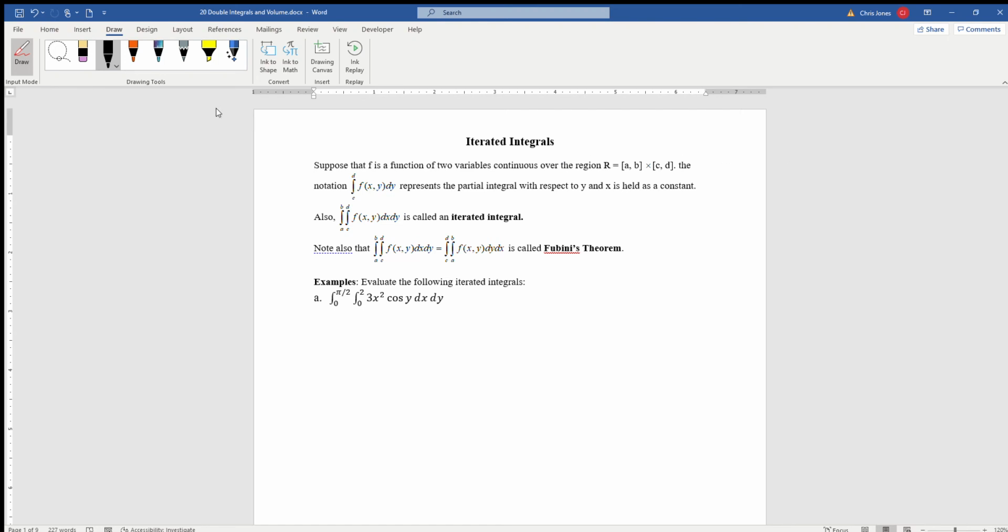Moving away from differentiation, we're going to start taking a look at the idea of partial integrals and the idea of iterated integrals. And let's say for some reason that we want to have a function of x in two variables and it's bound by this disk or this region R, where this is the x bounds and this is the y bounds. The notation, if we have this c to d of f(x,y) dy, that means that we're going